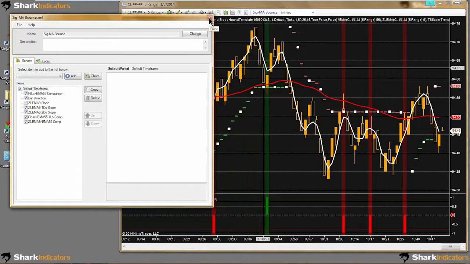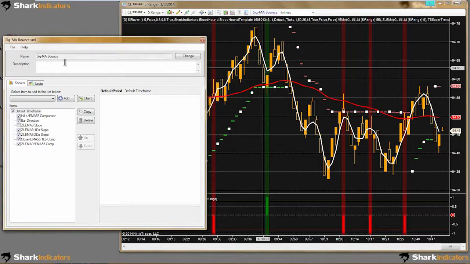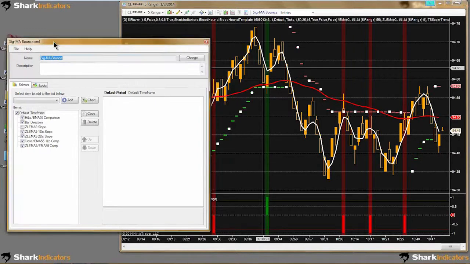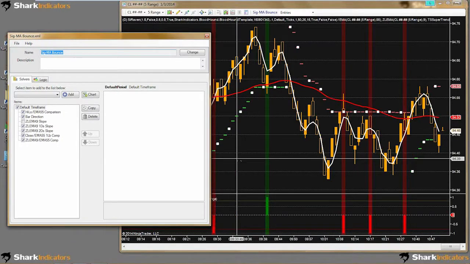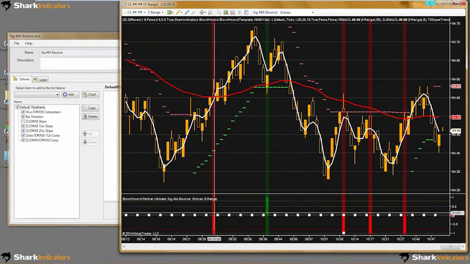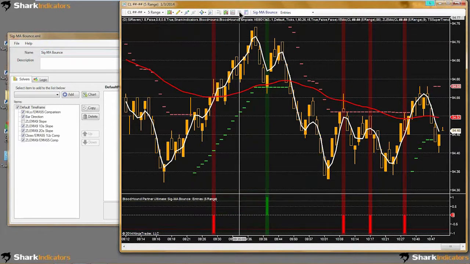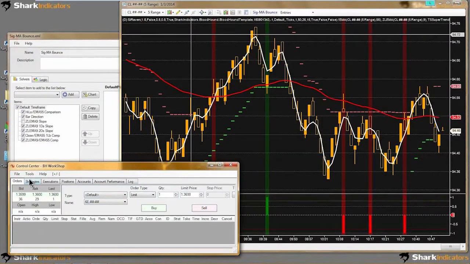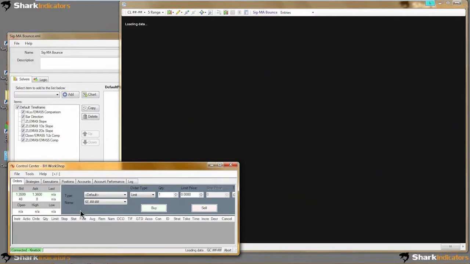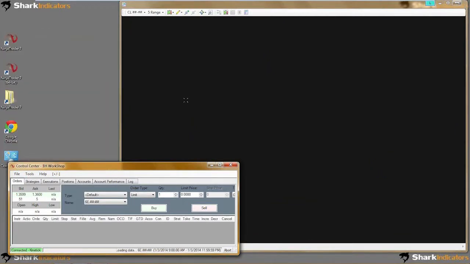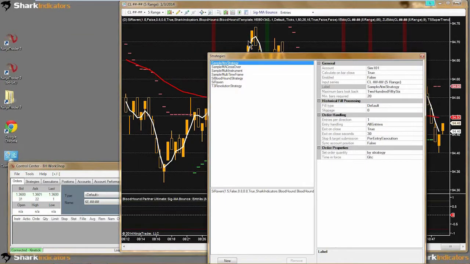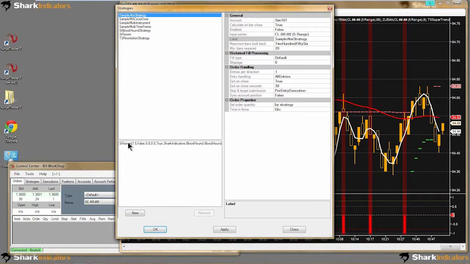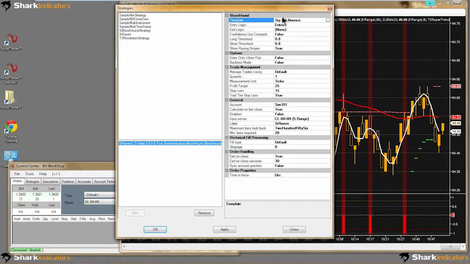So let me make a clarification here for new people. I have this BloodHound file loaded up twice, right? I have it loaded into BloodHound as an indicator, and what I'm seeing on the chart here is BloodHound as an indicator, but I also have... darn it, let me load my data feed back up here. Alright, with my data feed, now I can pull my strategy back up. Okay, so what I was pointing out is that I also have this same BloodHound file loaded